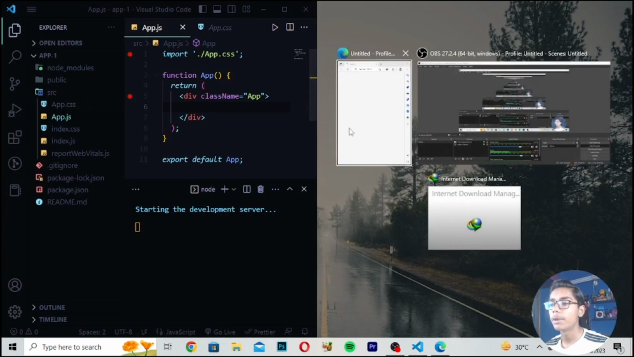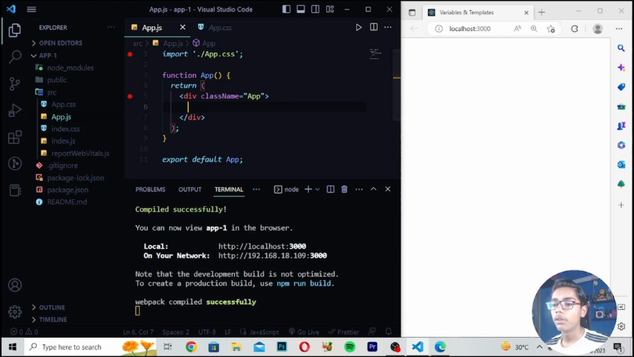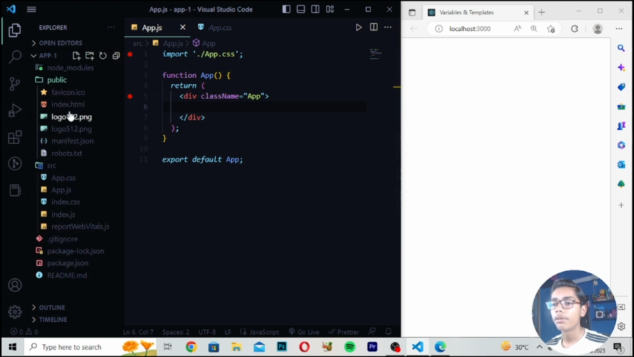So I will be doing it side by side. On the left, we have our VS Code, and on the right, we have our Microsoft Edge browser as our default browser. You can see it is saying compiled successfully, meaning it is working now. So I will be closing it, and then here I will be moving to the public folder and then